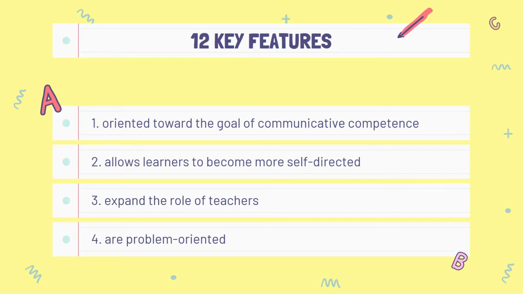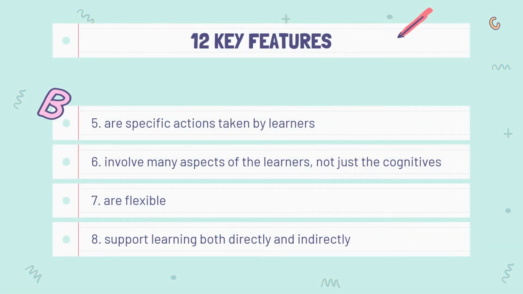Firstly, language learning strategies should appropriately be oriented toward the goal of communicative competence, allow learners to become more self-directed, expand the role of teachers, are problem-oriented, are specific actions taken by learners, involve many aspects of the learners, not just the cognitive, are flexible,